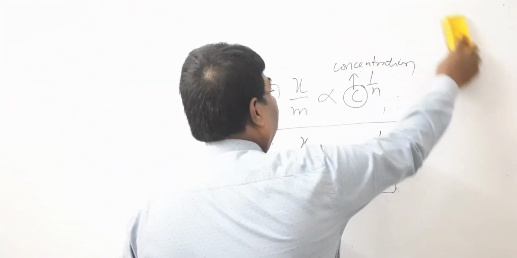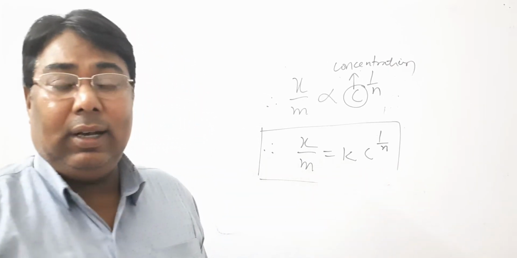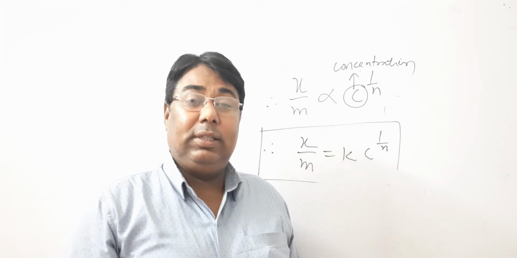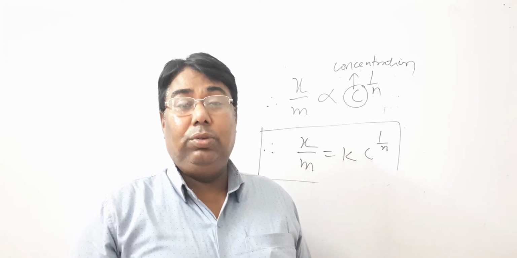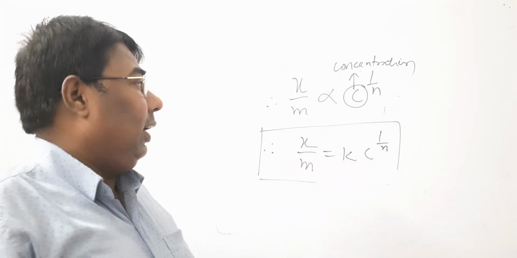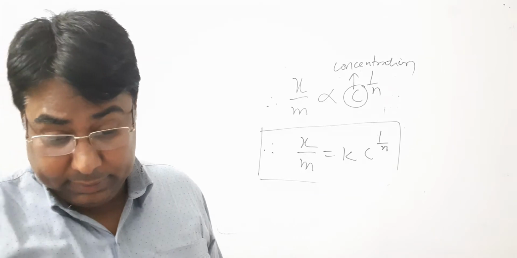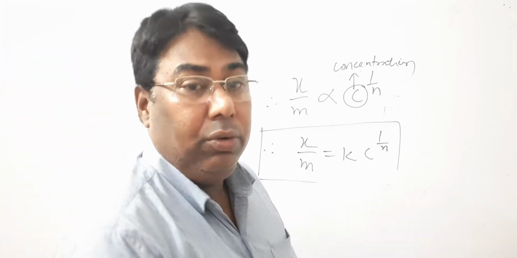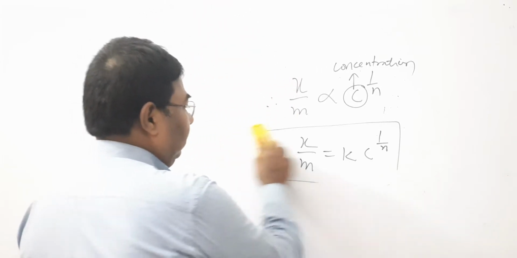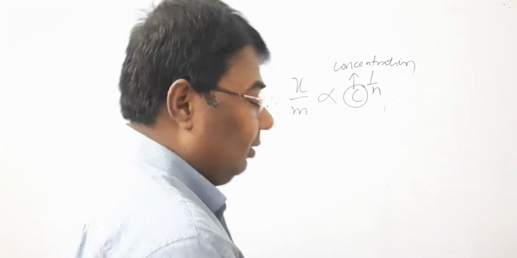I hope all of you understand this very well. This is another kind of relationship. The Freundlich adsorption isotherm is x by m proportional to p to the power 1 by n. So here also x by m is proportional to c to the power 1 by n, and when we modify the above equation by taking logarithm on both sides,